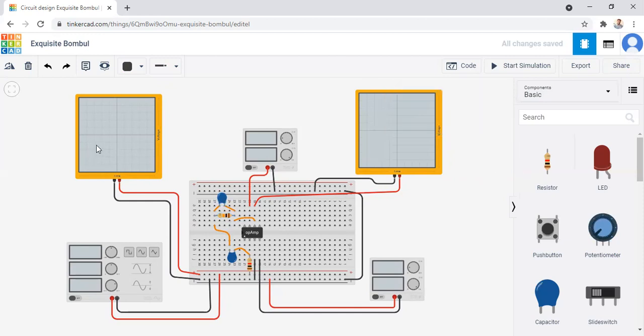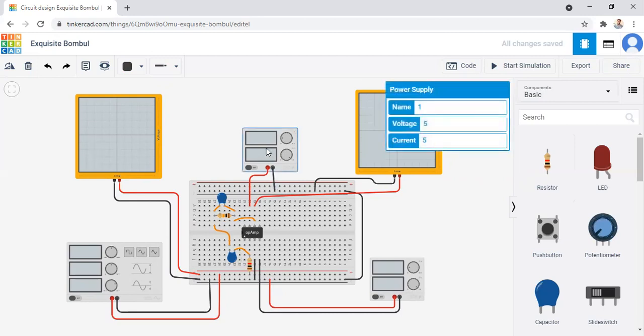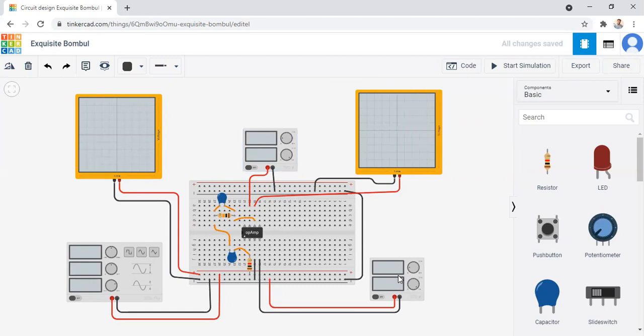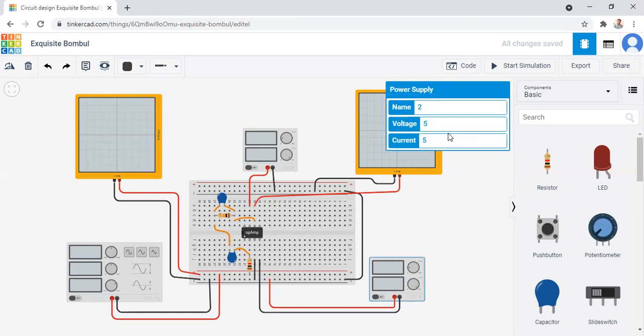And now we set the input power supply. Okay, the positive power supply is plus 5 volt, and negative power supply given to the fourth number pin is minus 5. And now we set the time per division axis of this scope to 0.50 millisecond, and here we also set 0.50 millisecond.